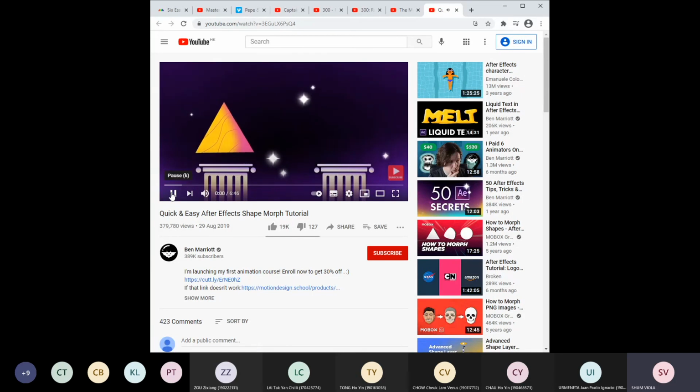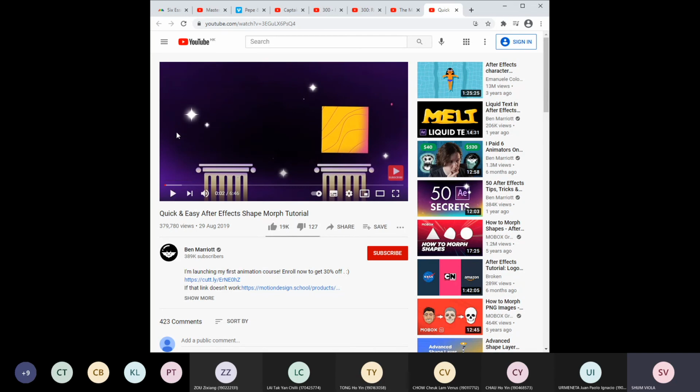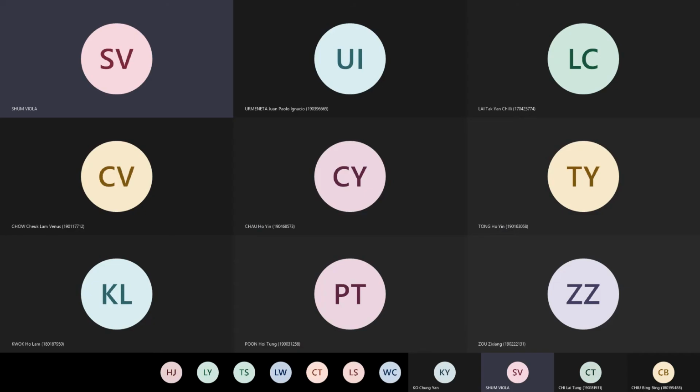In this video, I'm going to show you my method to quickly morph between any two shapes. So you can see that it's starting from a triangle shape. Okay, using After Effects, how to change the shapes from a triangle shape into a square shape. But when you need to do it, you have to make sure that you all understand about the graph editor, how to speed up, how to slow down, something like that. So let's continue working on After Effects.